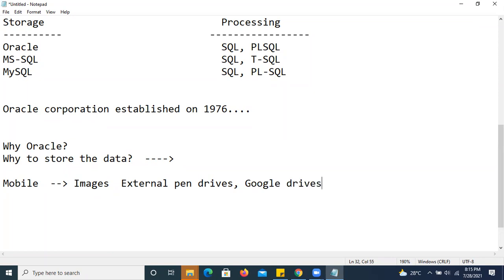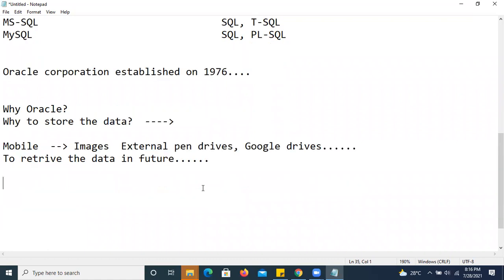We are storing the data. Why are we storing it? For storing the backup. Why to back up? For the threat of losing data, and whatever we want, to retrieve the data in future. So this is the data. Now, in terms of the database,